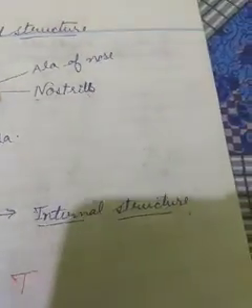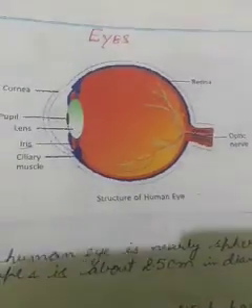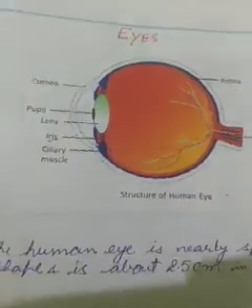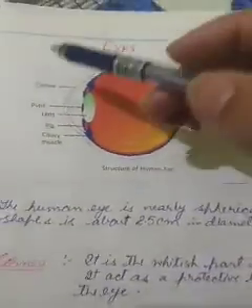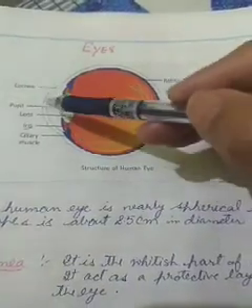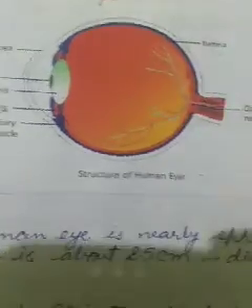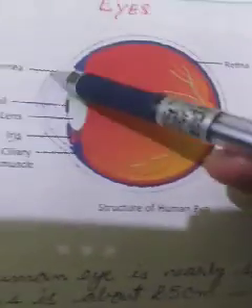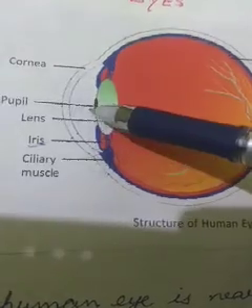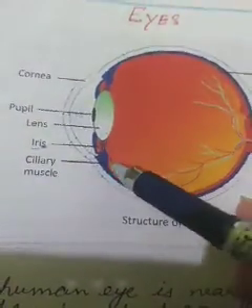Now we will discuss our next sense organ, that is the eye. Basically the human eye is spherical in shape, and it is 2.5 centimeters in diameter. And the whitish part of our eyes is called the cornea, and it acts as a protective layer. Inner to the cornea, the space is filled by the liquid that is called the aqueous humor, and behind the cornea there is the